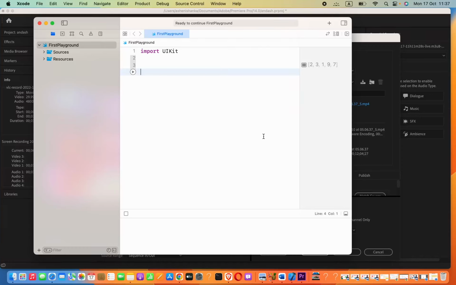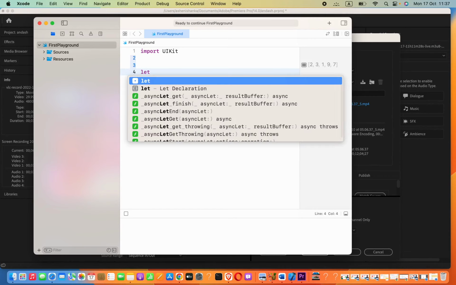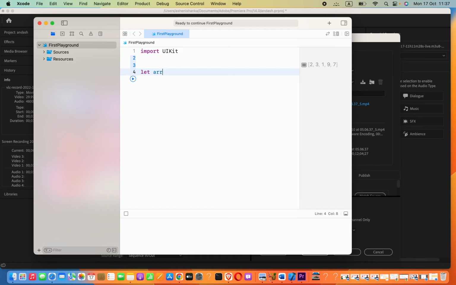Hey guys, let's go ahead and see how to shuffle an array in Xcode Swift. Alright, firstly we need to create an array. Let's say arrNames. I will set this equals to, here I will put John and something like Adam,